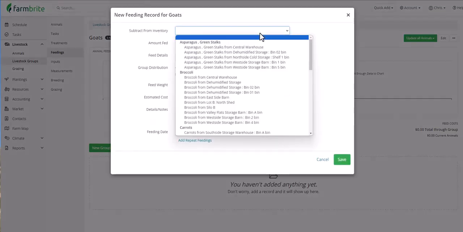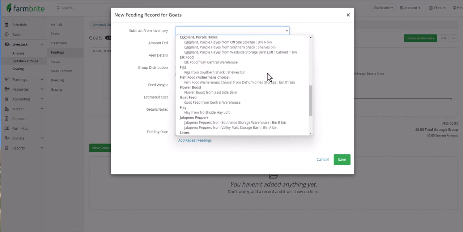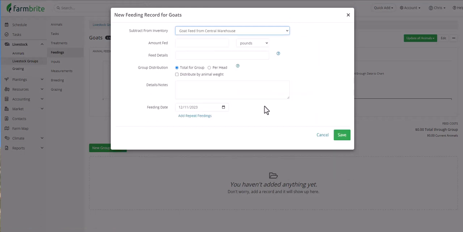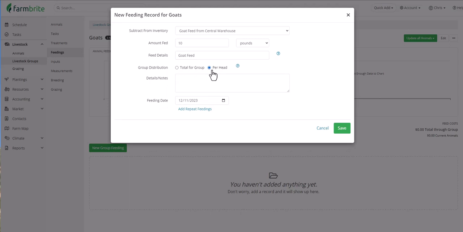You'll first have a choice to subtract from inventory. We'll choose our goat feed, and put in the amount fed. We're going to feed 10 pounds to this small group as a supplement, and make a decision for how to split it. You can choose if the 10 pounds should be distributed as a total for the group or per head. If you choose the per head option, FarmBright will record individual 10-pound feedings on each one of the 3